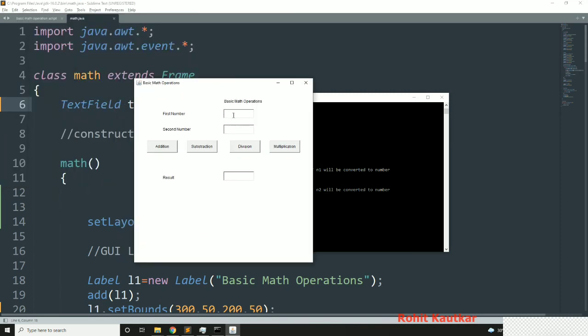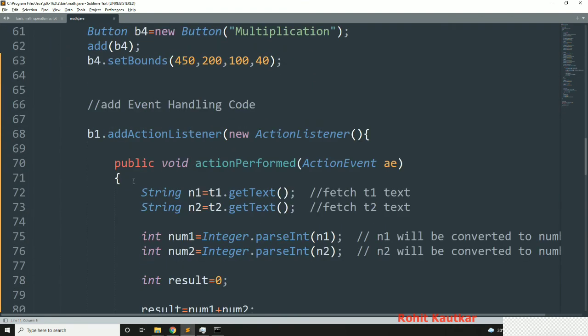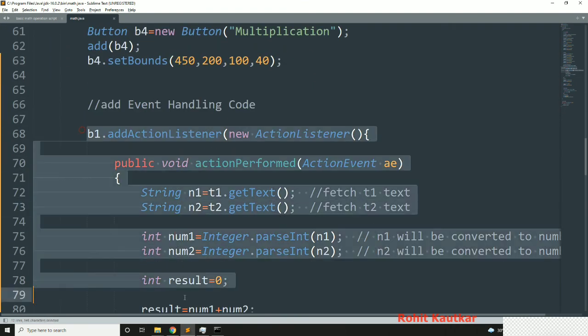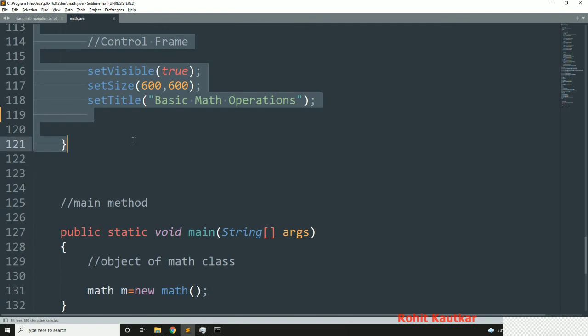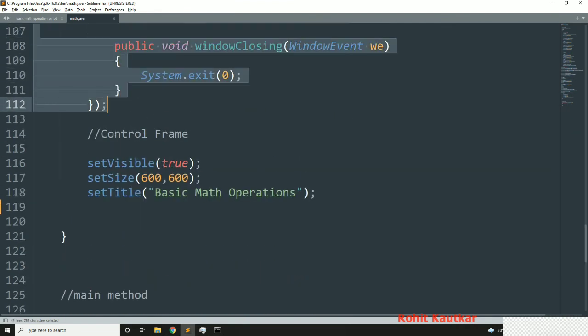Okay, now I will enter first number, second number, and now if I click on addition, you can see we are getting 24 value here. Okay, this is how we have done it for addition. Now the remaining thing will be just copy this and change it for subtraction.